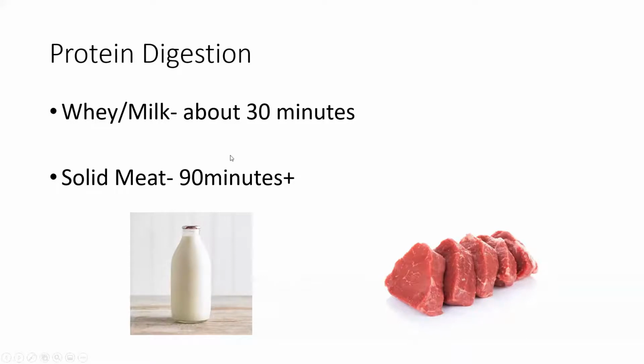So if you're looking for immediate post-workout to have the maximum amount of protein available, fast digestion like whey and milk, awesome for that. Solid meats, a little slower, so maybe consume your high protein meal an hour or two before your training session. You're still going to have adequate protein circulating throughout your body, and you're not going to be at a deficit when your body needs it. That's one of the keys with consuming high protein meals. You have more available. You don't need a whey protein supplement to have your gains or to build muscle mass. It just can be a benefit, especially if you're in between meals. We can talk about the logistics a little bit later.